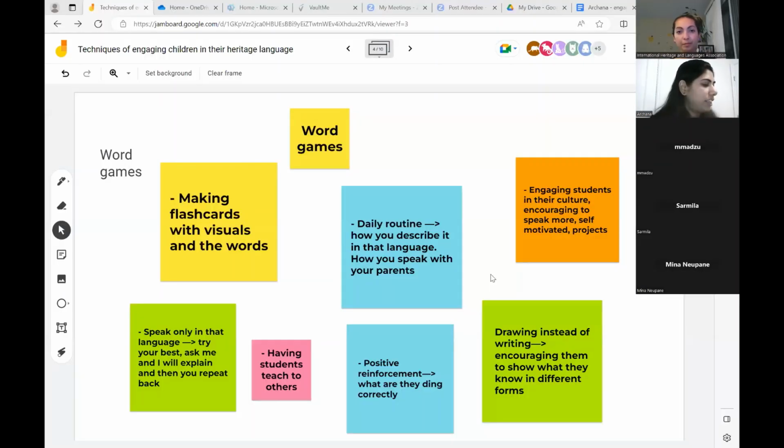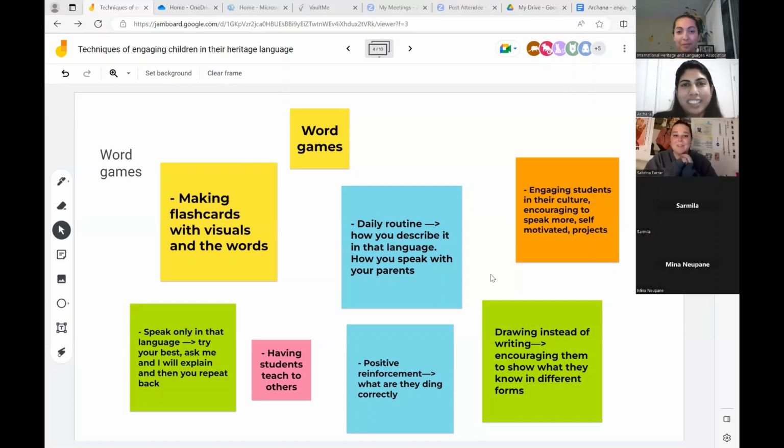Okay, let's move on to our last group, group 4. I'm having a long list of these ideas. That's very nice to have. Hi, I'll be talking for group 4.